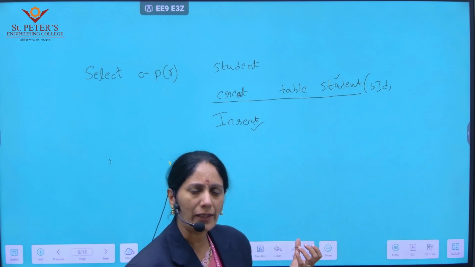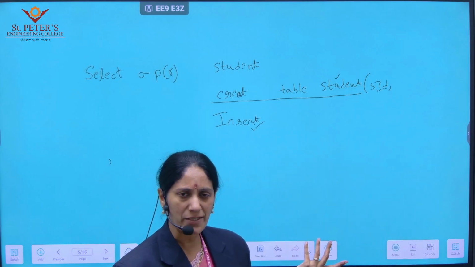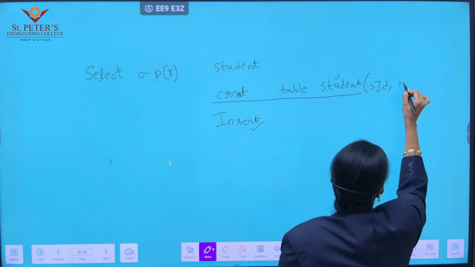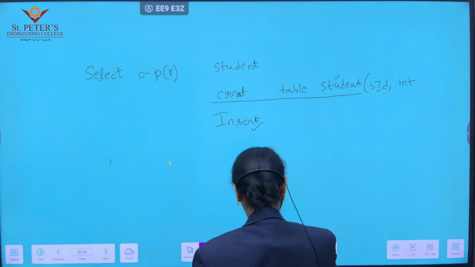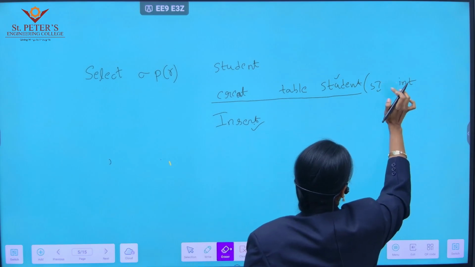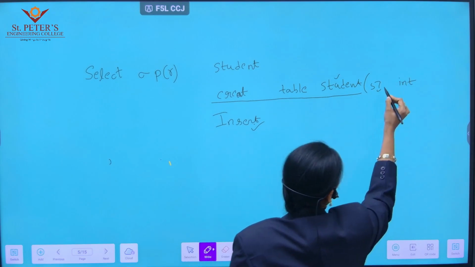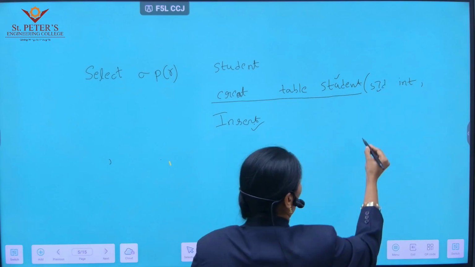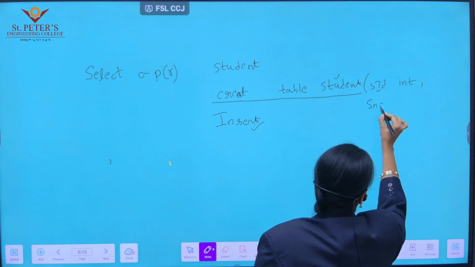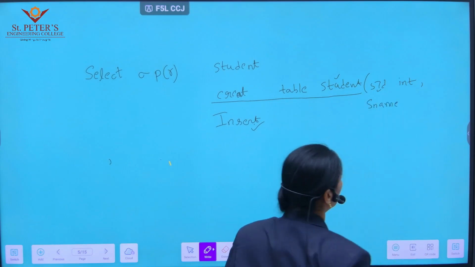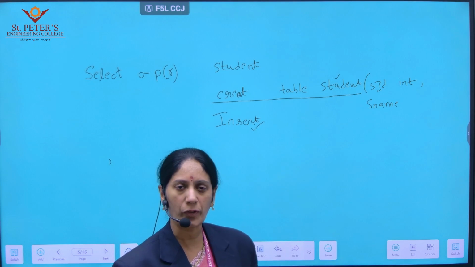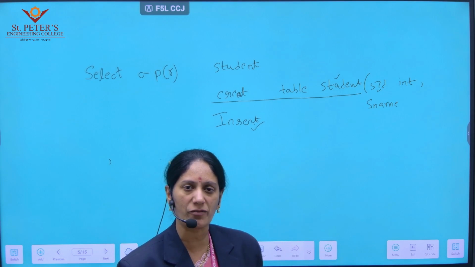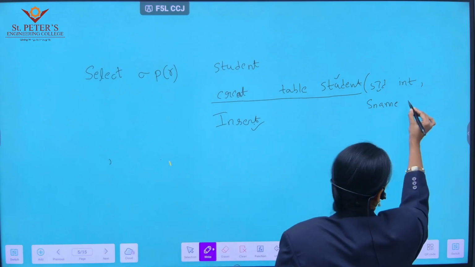Student ID. Student ID is which data type? Number only. Number means which data type? Student ID, integer. And next one more column name, student name column. Student name column is which data type? String only. String is called which data type? Varchar